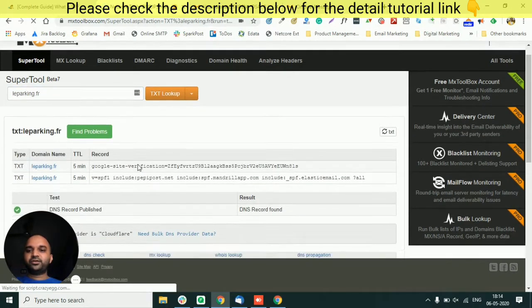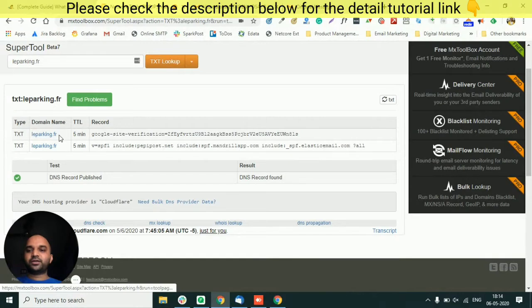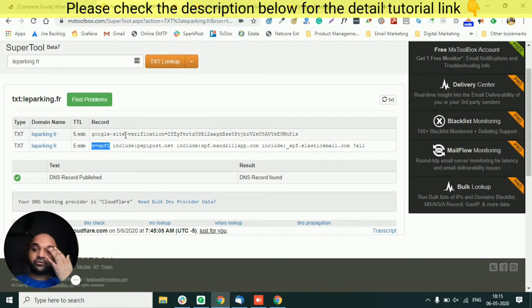You can see there are two TXT records for leeparking.fr. One is a Google site verification code, and the second one is actually an SPF record. How do we know this is an SPF record? It starts with v=spf1. If v=spf1 is there, that means this is an SPF record.